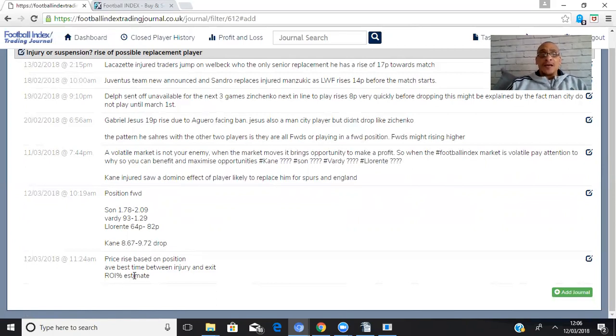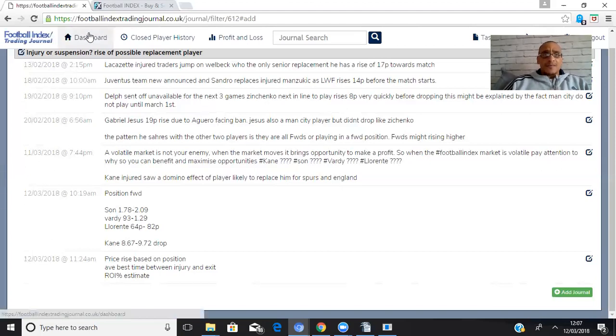So for example, if you exit the trade and you've made 15% from his injury to when you exit, but then you see that actually the rise continues another 10% after your exit. If you have this happening 3, 4, 5 occasions, then you can actually raise your exit point, and the time between the injury and your exit point can now be a little bit further away because the rise is bigger. So all this information will give you an edge.